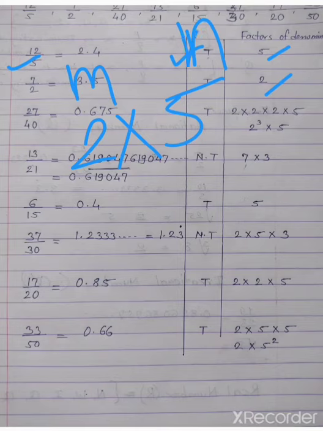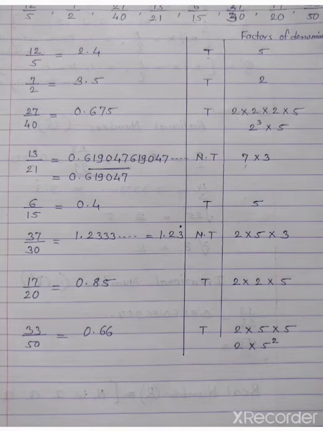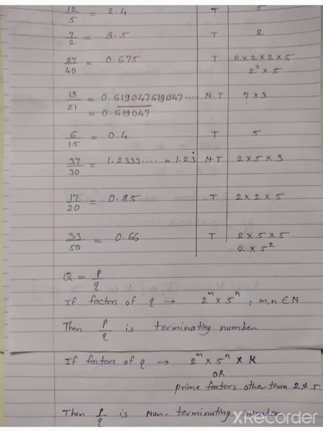Here I am using m and n. This m and n belong to natural numbers. Natural numbers, you know that the value of n may be 1, 2, 3 and so on. So here I write one conclusion. A rational number is given in the p upon q format, and if the factor of this denominator, that means q, is in the form of 2 raised to m and 5 raised to n.